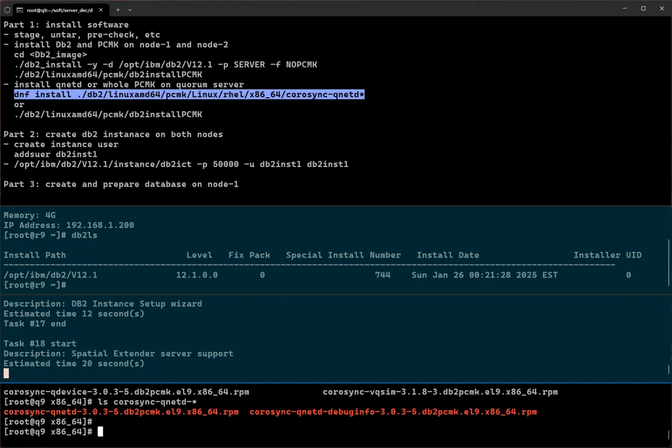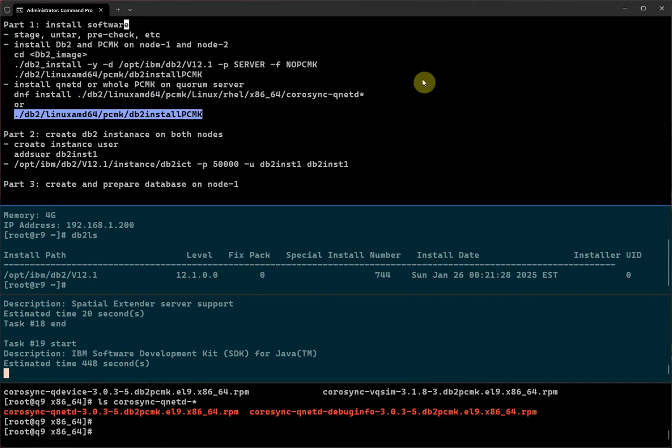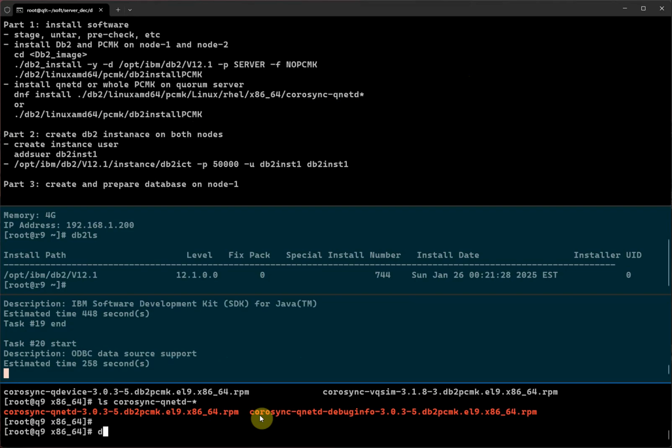Okay, so basically there are two packages called QNetd. So we can just install these two instead of installing all of them. Sometimes, for an easy life, you can just install the whole thing. In this case, let's just install this one. So we're going to use dnf install